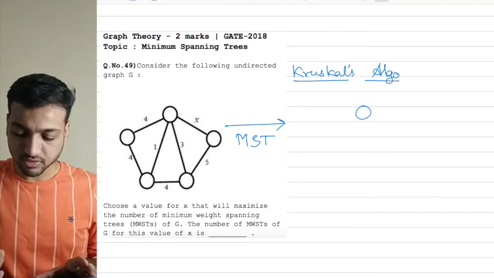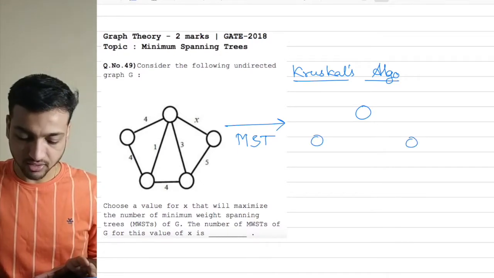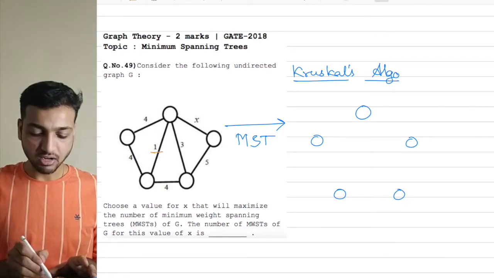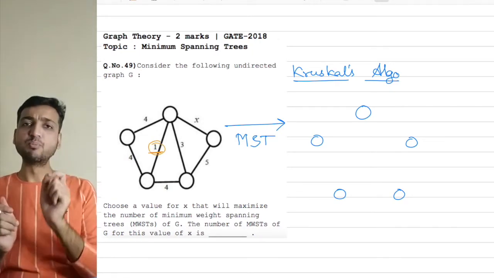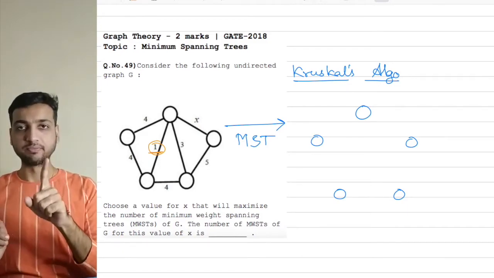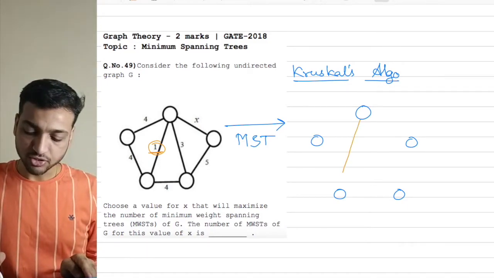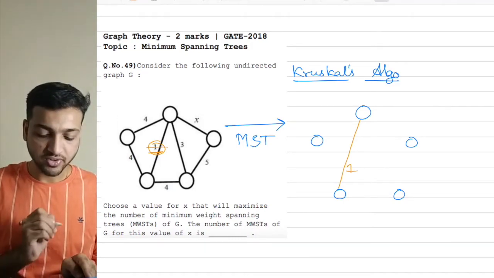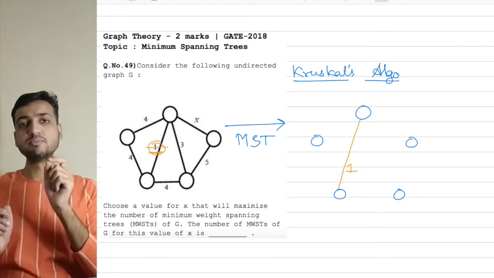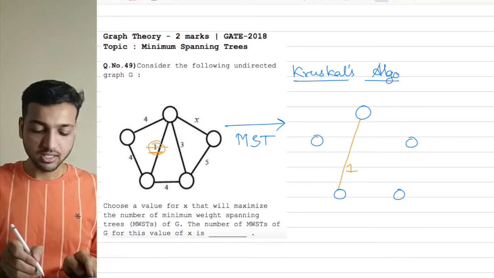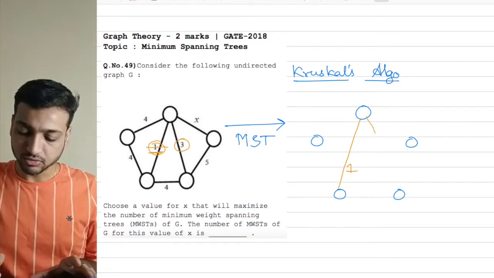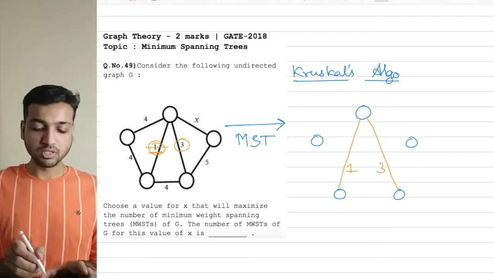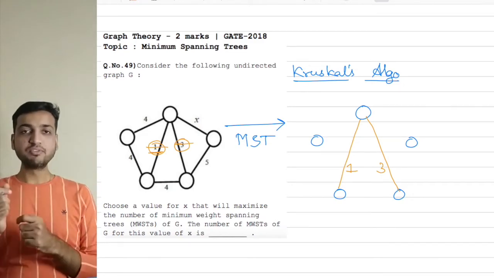So let me first make a note of the vertices that we have here. These are my 5 vertices, and now I'm going to have a look at this graph, and we can clearly see that the minimum weight is 1. So we are going to include this edge here, and this is the weight 1 of it. Then we'll strike it out. Now the next minimum weight in the graph is 3, so I'm going to include 3 also. This is how Kruskal's algorithm works, and I'm going to write here 3. So 3 also goes out of competition. Now the next minimum weight is 4.